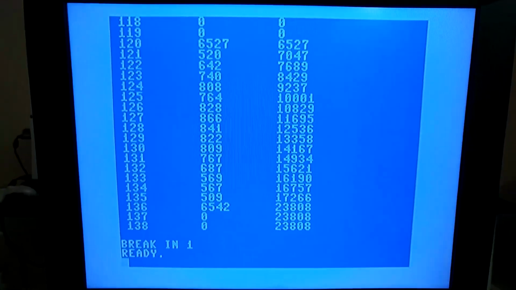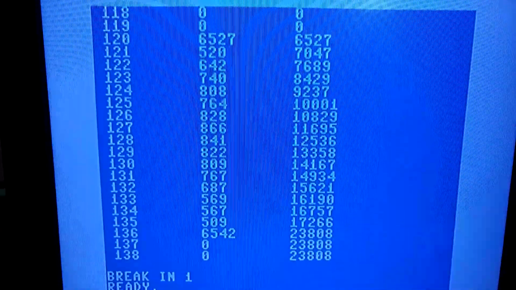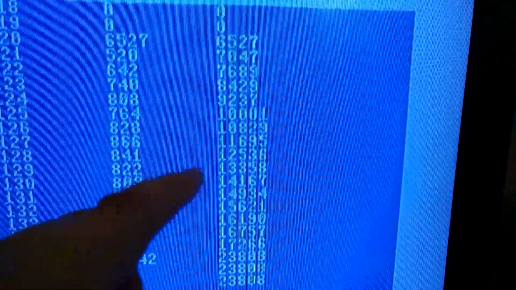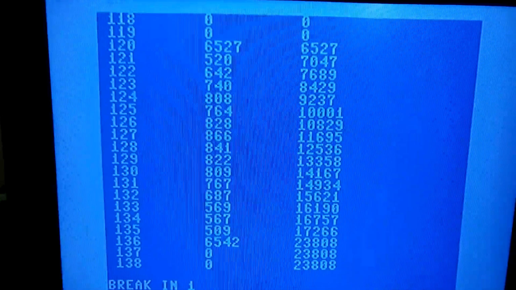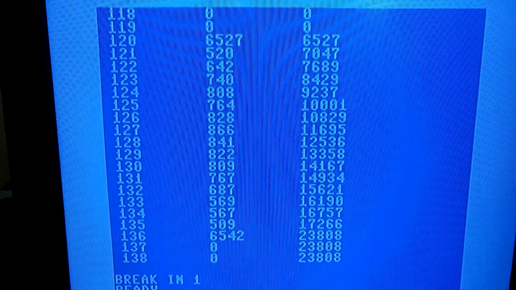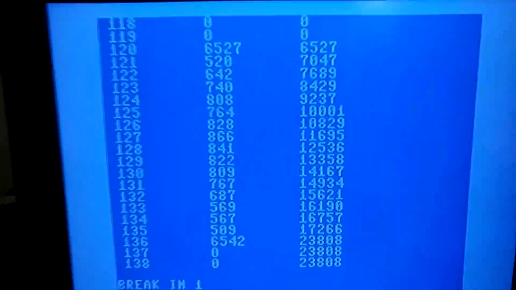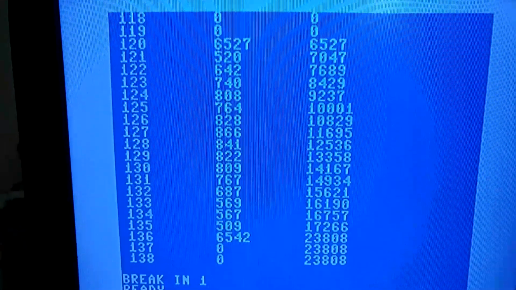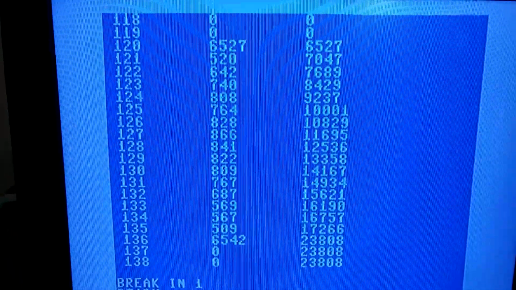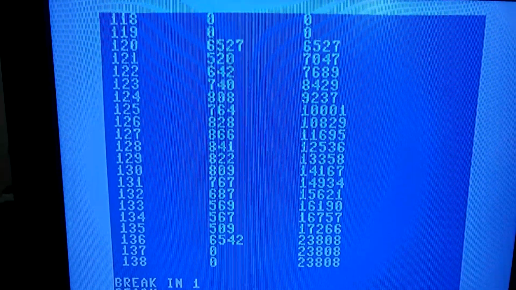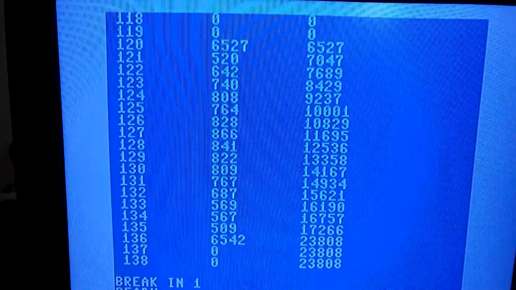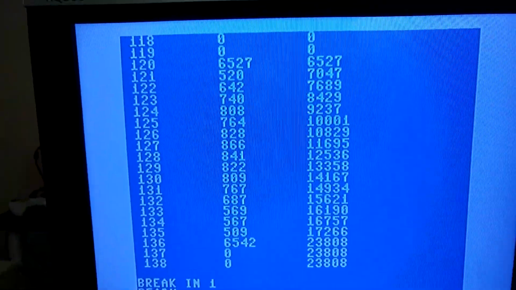And what you see here is a value, the number of occurrences in my sample Digi, and then a running total of all the bytes added together. What I did is I took low values and high values, I squished them a bit, sort of just scrunching them together, and played it again, and then I tried it again, and this is the latest. What I've done is reduced the entire Digi to values ranging from 120 to 136, and that's it. This is going to sound like crap, but